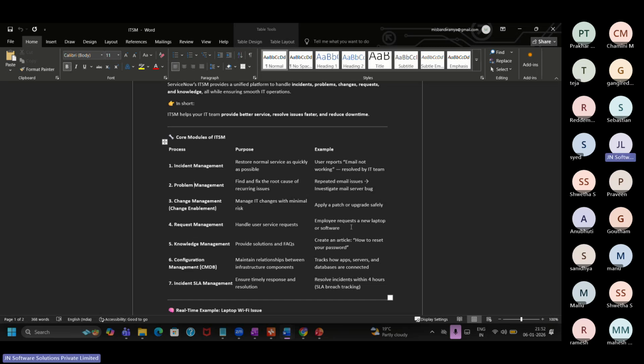Another one is knowledge article. So what is knowledge base? We call it knowledge management. It provides solutions to frequently asked questions. So for example, let's say you want to